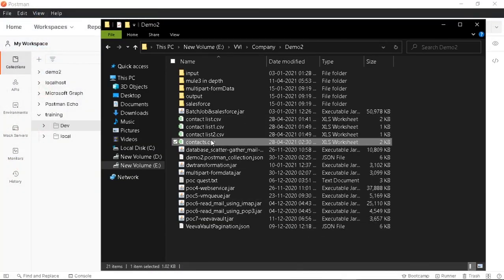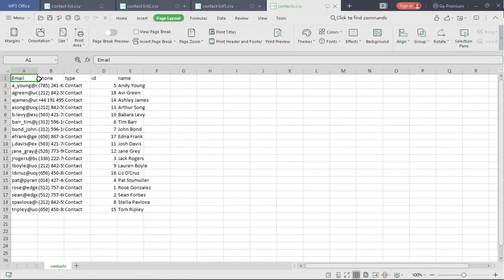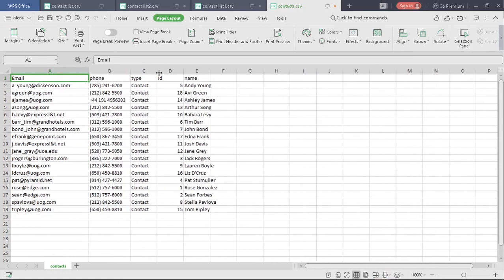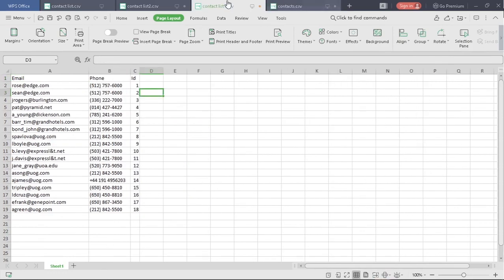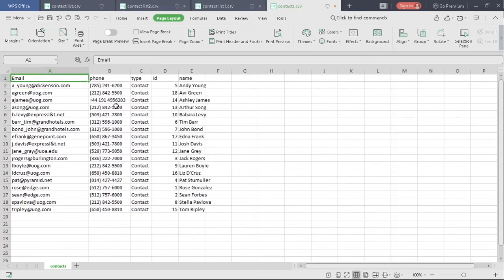This is the context.csv file. I have given the path name here, so we can see that it has created that file successfully. So this was our target. It joined this phone and id and here type and name based on the email column. Based on the email column, it has given four columns here.